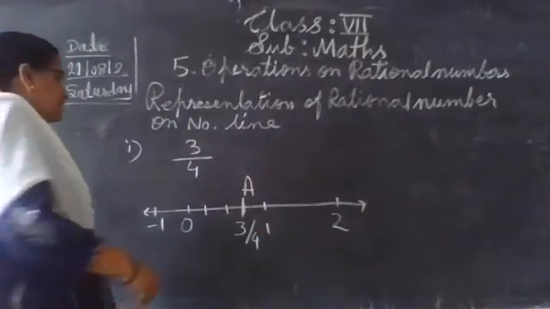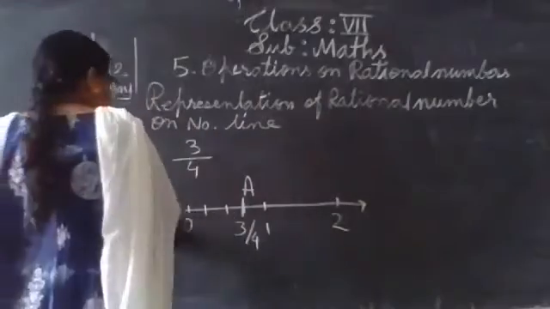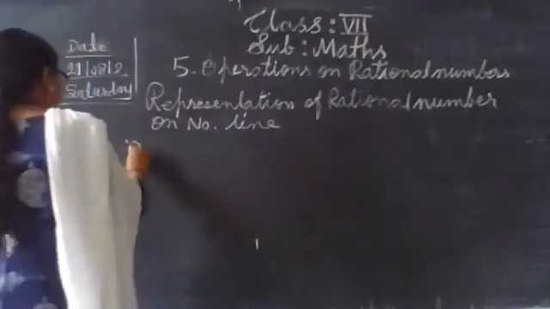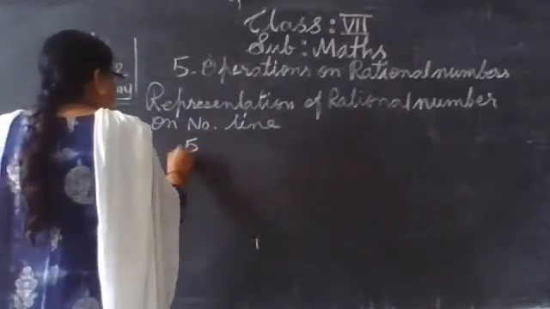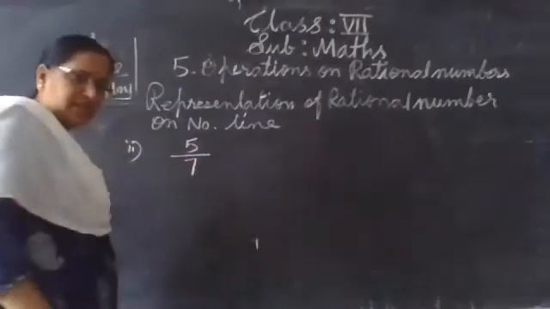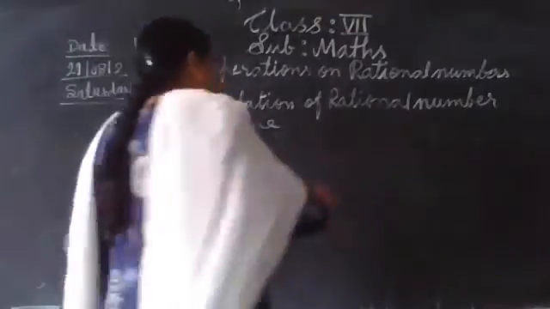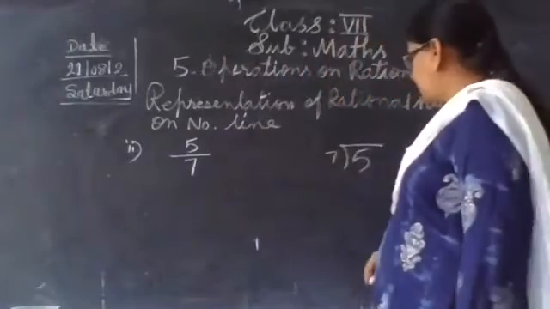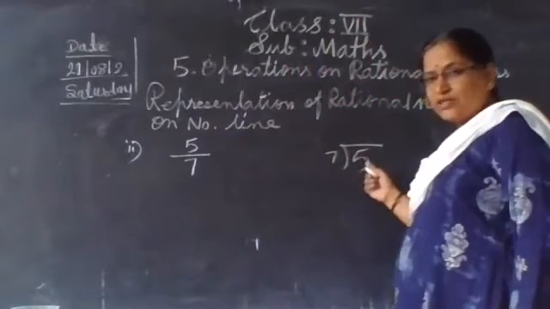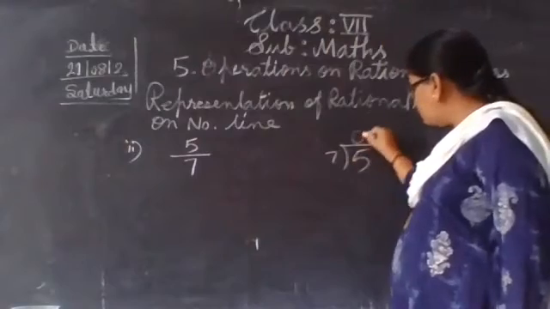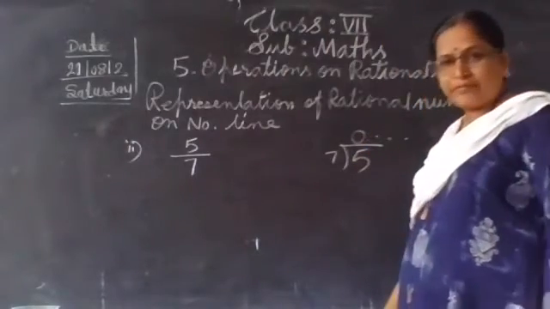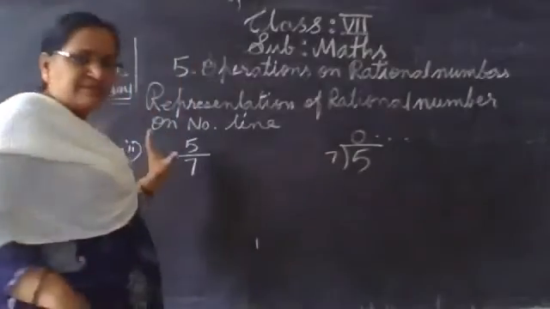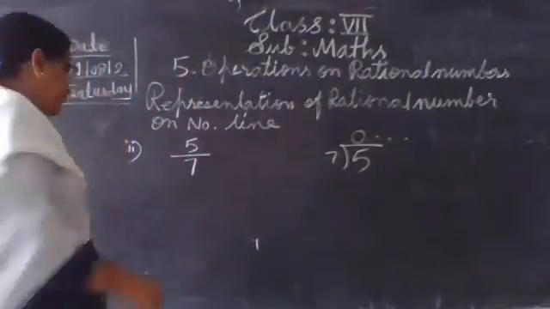So let's see one more example of proper fraction. 5/7. Yes, it is proper. Why? Because if you divide 5 by 7, what you get? It is smaller than 7. Means you have to take 0 point this. That means what? Again, it lies between 0 and 1.